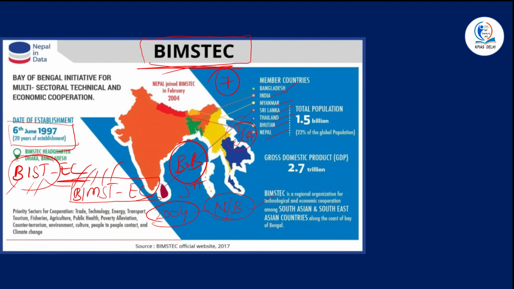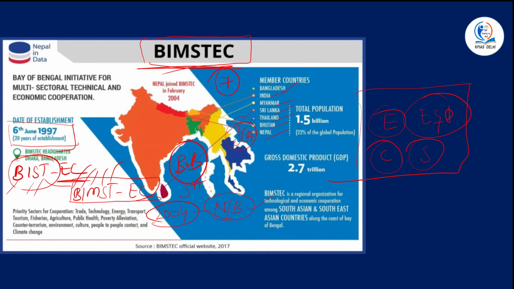What are the primary or main objectives of this BIMSTEC grouping? Number 1, it has to facilitate economic development in this particular region. Second important objective would be to ensure equality and partnership among the member countries, which encourages the spirit of equality among all these countries. Third, you have to promote active collaboration in the areas of common interest among all these countries. And fourth important aspect is mutual support in key areas, in education, in science and technology. All these form the major objectives of this particular grouping called BIMSTEC.